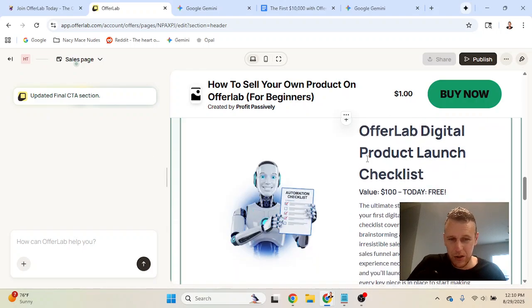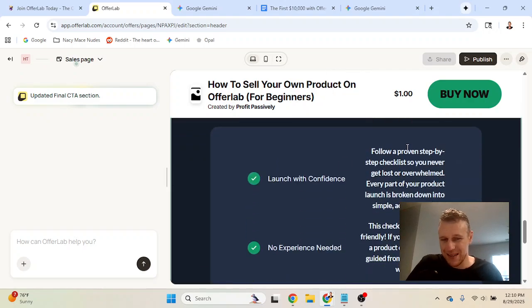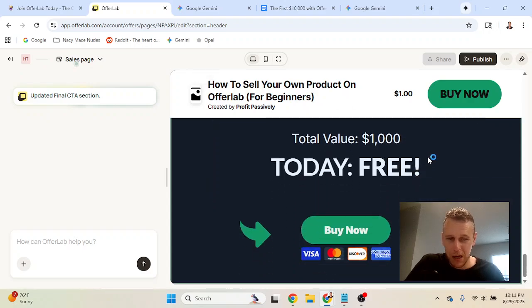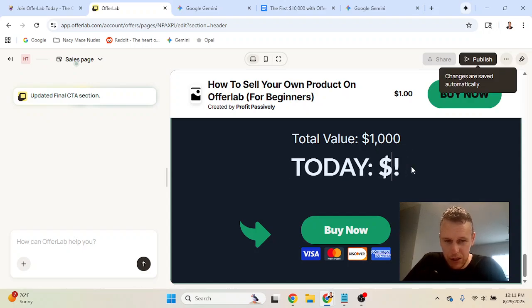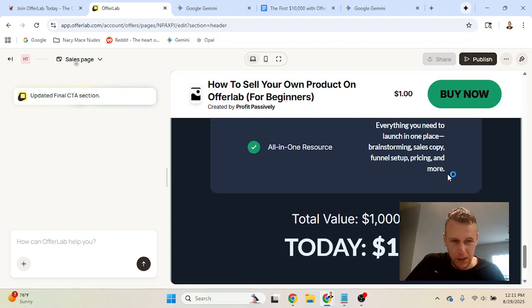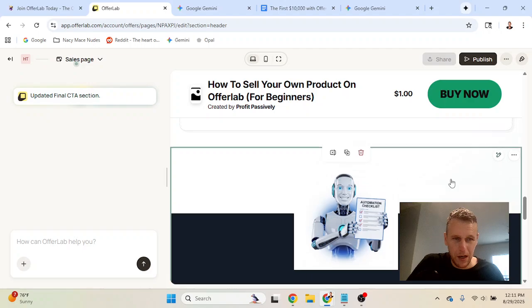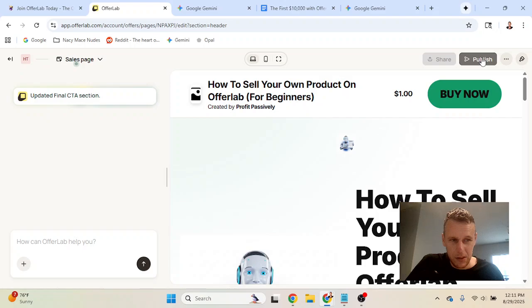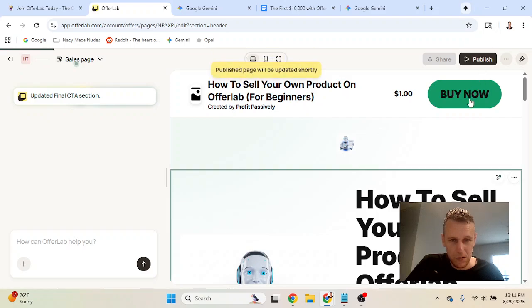You can change the color, you can play with the styling, but basically this is a nice looking page that lists out the reasons people should buy, and it explains it in a pretty comprehensive way. So, all right, we want to change this. It's not free, it's $1, so we'll say total value today $1, and that's pretty much it. So then the next step is going to be to click publish,